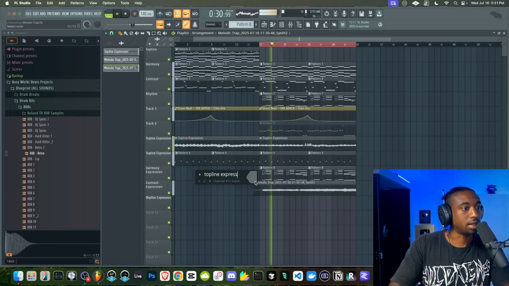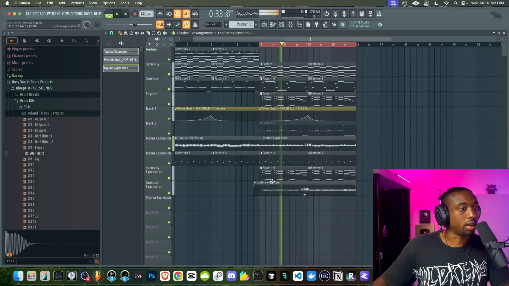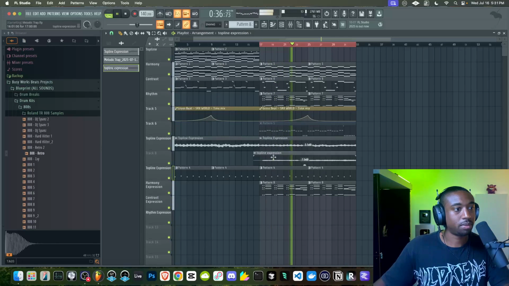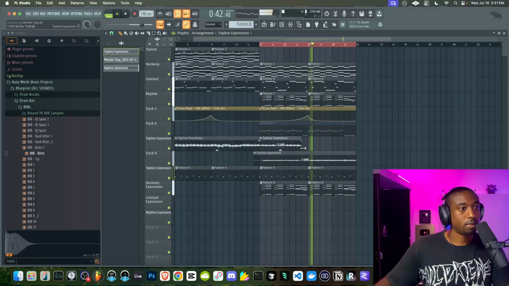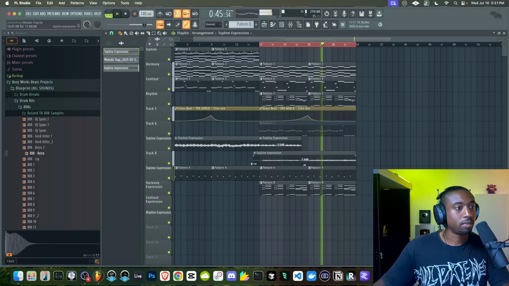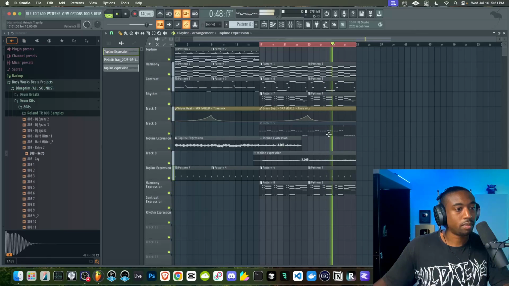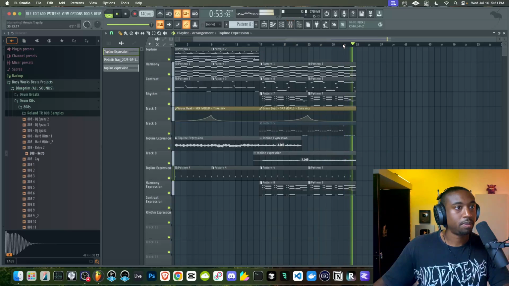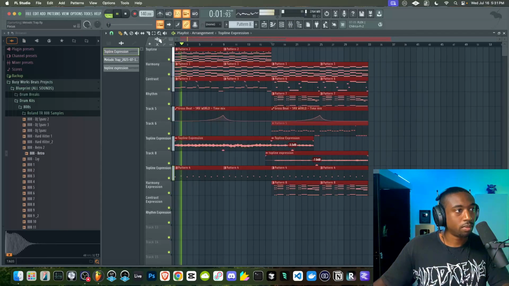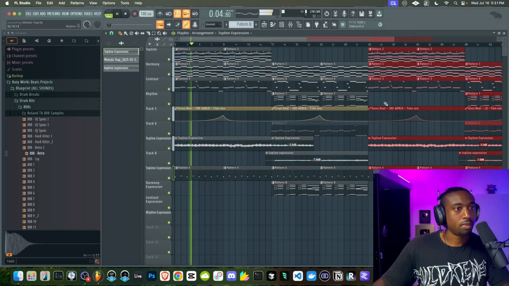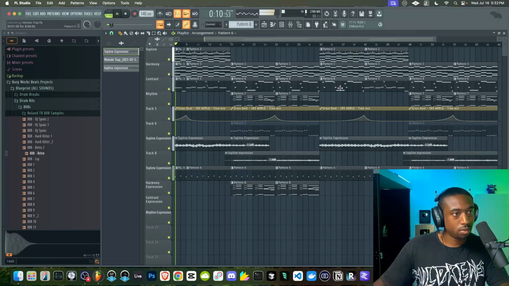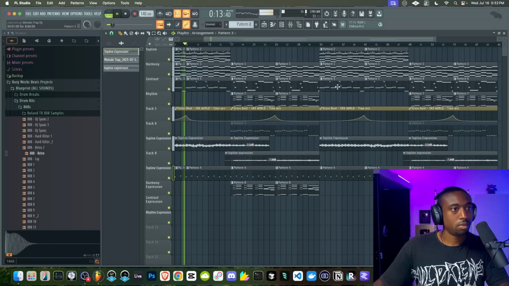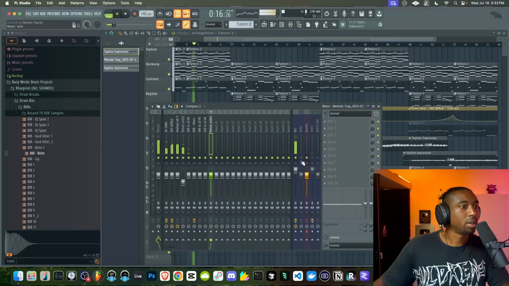So in this case, I would call this another top line expression layer. Let's turn it down a little bit. Now we can rearrange those puzzle pieces.